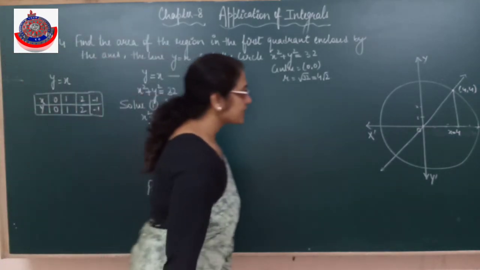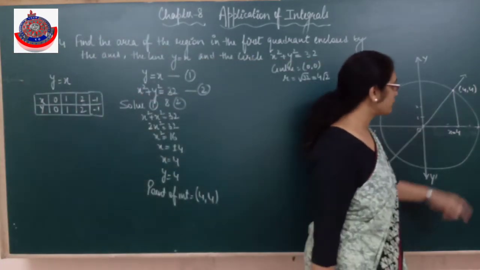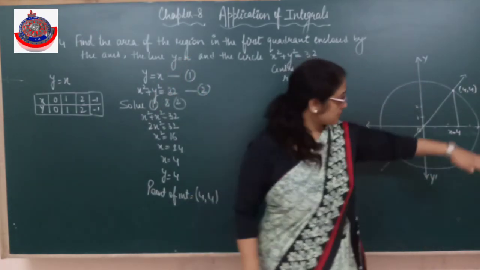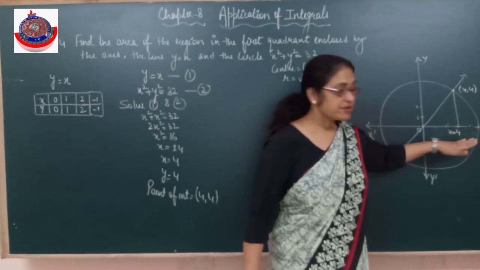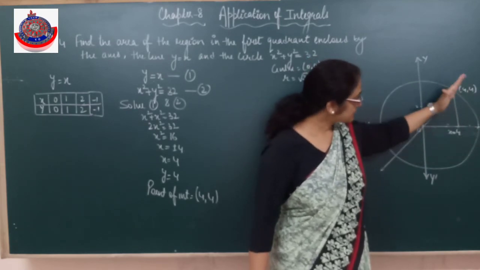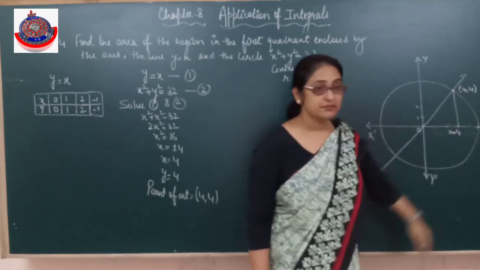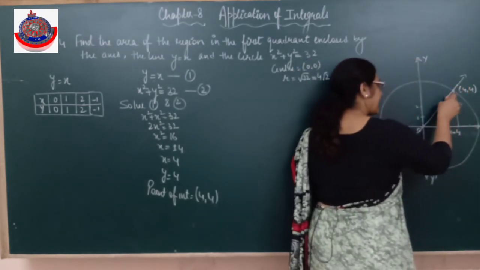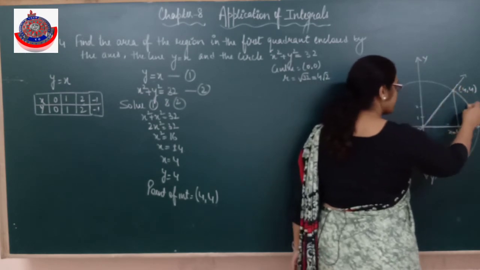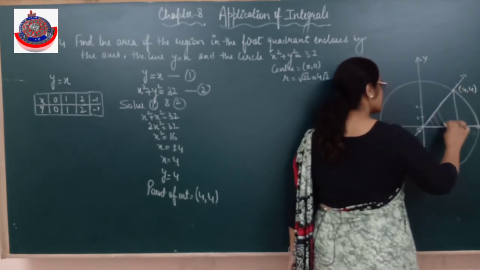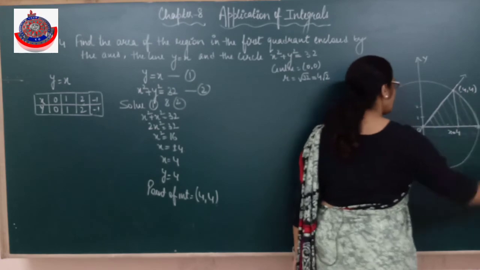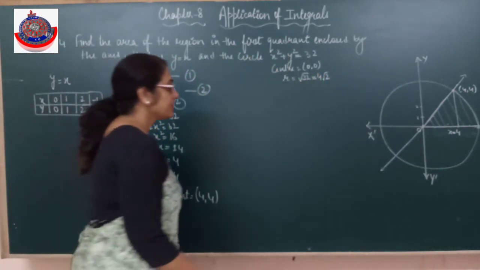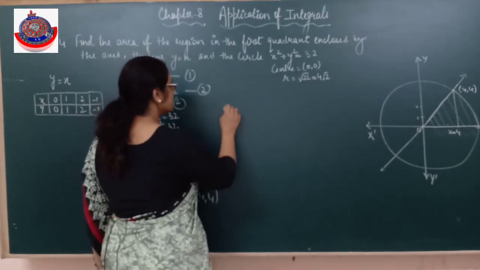That means now they're asking me to find out the area. Now this is x equals 4. Fine, they're asking me to find the area between the x-axis, the line and the curve in the first quadrant. That means between the x-axis, the line and the curve. So which is the area? This is the area which I need to find out. That means my required area